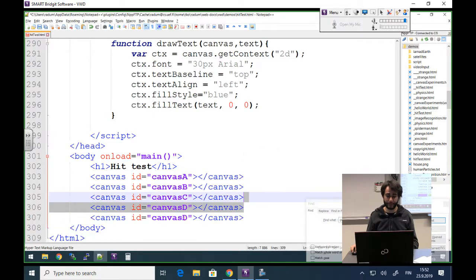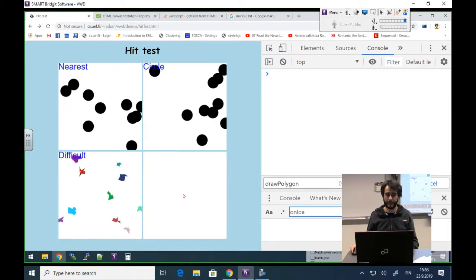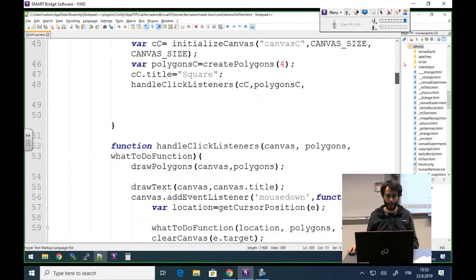Let's put it E, but let's now make canvas C invisible. So now our canvas E is going to do